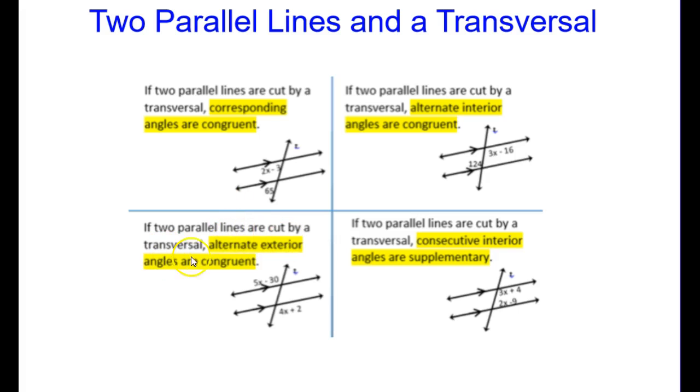Alternate exterior angles are going to be congruent, and consecutive or same side interior angles are going to be supplementary. So when we're working with these problems, many times these lines are going to be parallel to each other. How do we know whether or not these lines are parallel? One, they'll tell us they're parallel, or